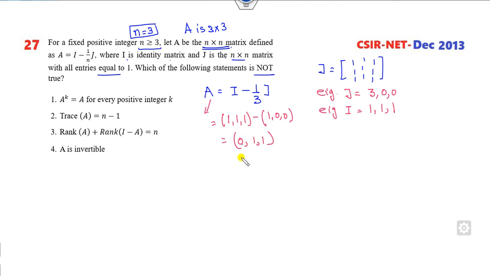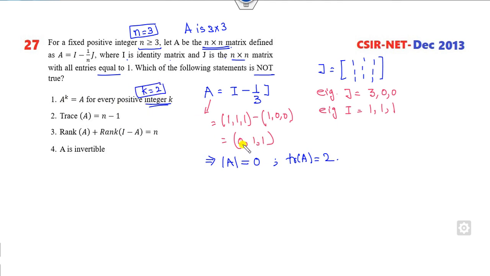Now one of the eigenvalues is 0. What is the meaning of that? Determinant of A is my 0. Trace of A is my 2. So A^k is equal to A. You can see for any positive integer k. So if I say k is my 2,